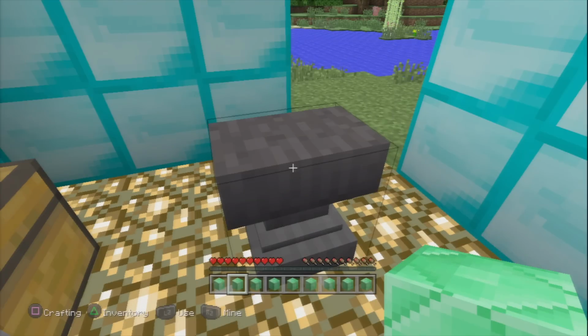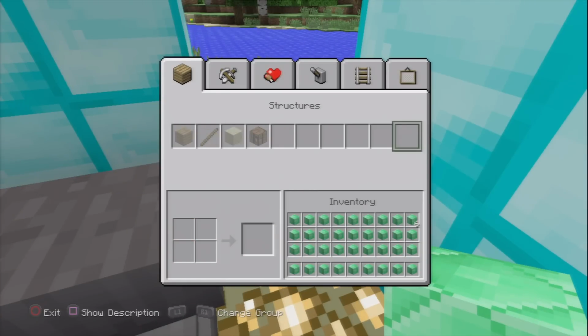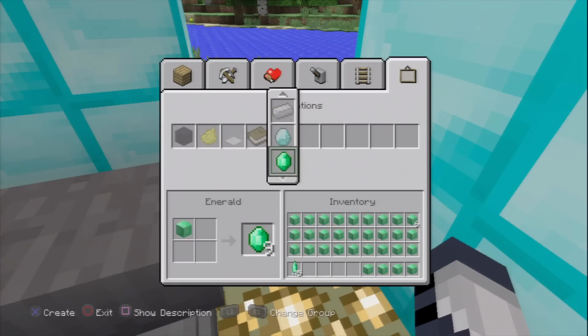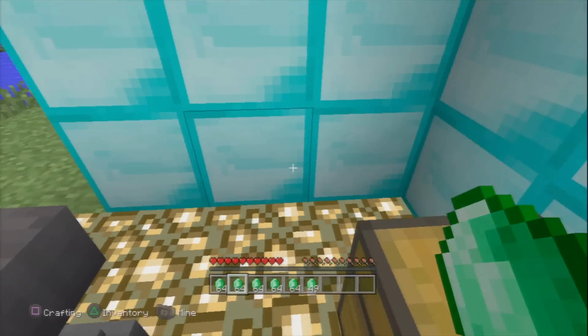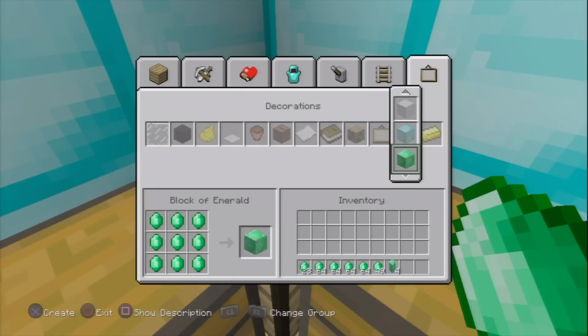Now come out of there and push the square button. Now you'll see that the inventory is still full up. I've got every single one of them still there. And let's go over to this menu here and recraft those back into emeralds. And we've got 49,